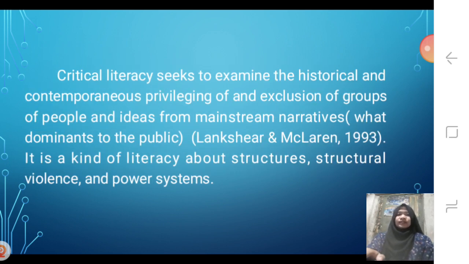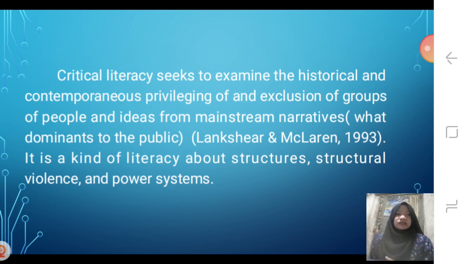And then the next one is, critical literacy seeks to examine the historical and contemporaneous privileging and inclusion of groups of people and ideas from the mainstream narrative. This is according to Lankshear and McLaren, 1993. It is a kind of literacy about structure and structural violence and power systems. So, dito naman, compared to the first one na nabanggit natin na nakafocus sa text, rather than promoting reading skills, ito naman ay nakafocus, according to them, critical literacy is to examine